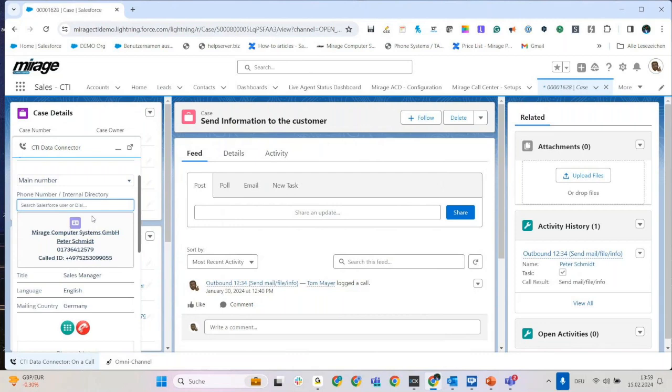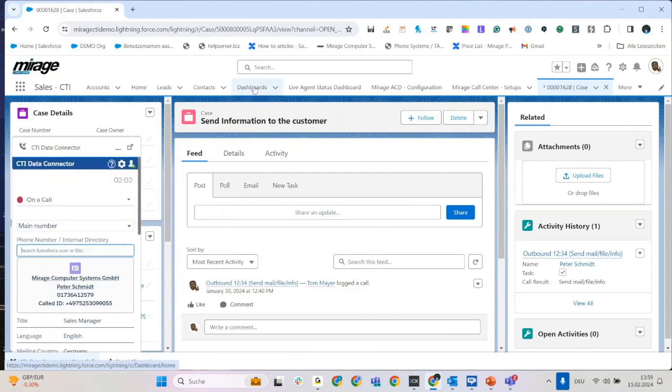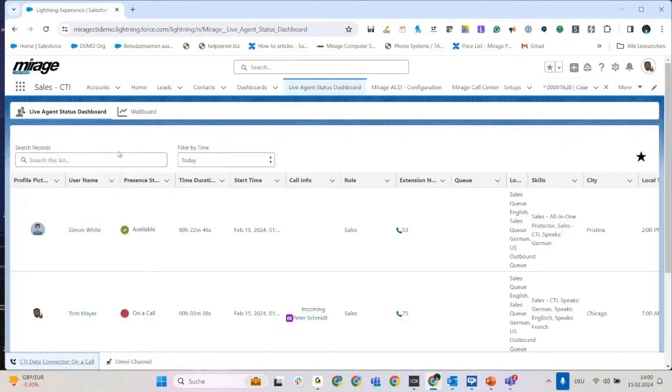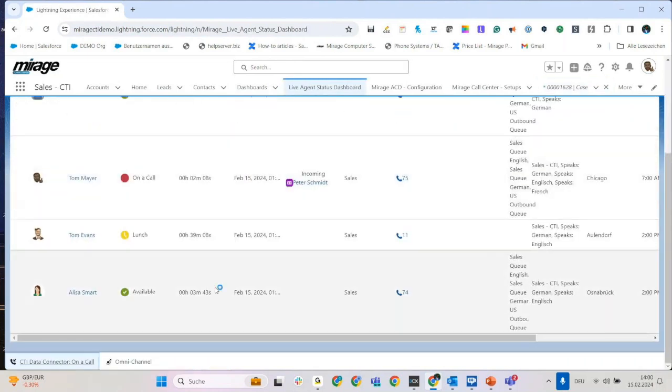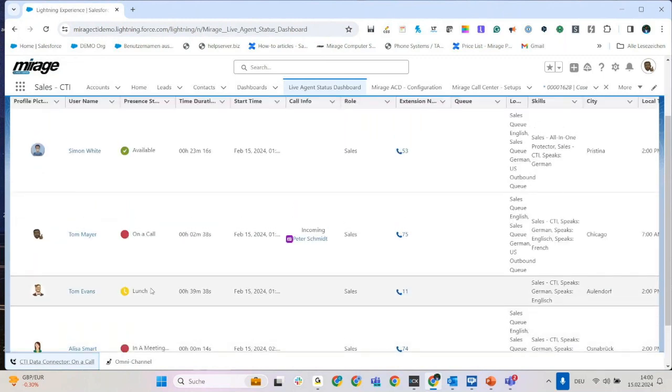I'll go back to showing the live agent dashboard, which is something that we practically connect to. It will give you an idea about the present states that we are taking from Teams. For example, right now I'm on a call, and you see I can even see this. I talked about that during the presentation. I can actually see with whom I'm calling, so my colleagues can look into it and know, okay, he's right now in the call, so a second call in the queue cannot be transferred to me because I'm directly on a call. Or you have other options, like somebody being at lunch or actually available right now.